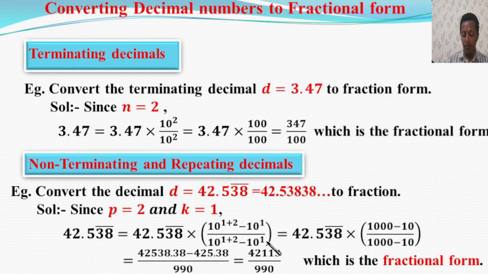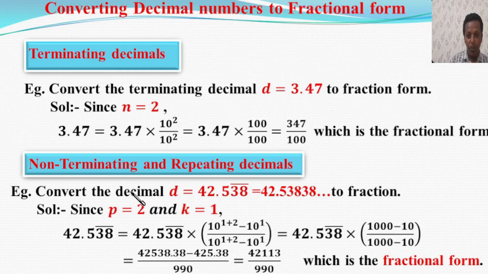So basically, we have two types of decimals considering rational numbers. Any rational number, a over b, when you convert it to decimal, it can be a terminating decimal or it can be a non-terminating and repeating decimal. So based on these two formulas, you can convert rational decimals into fractional form. Now remember,